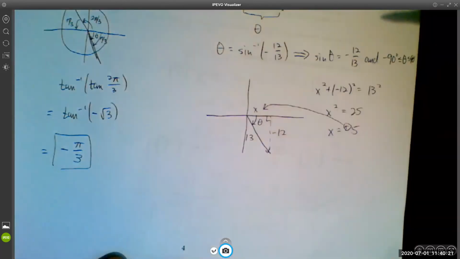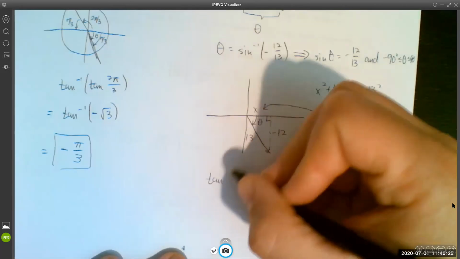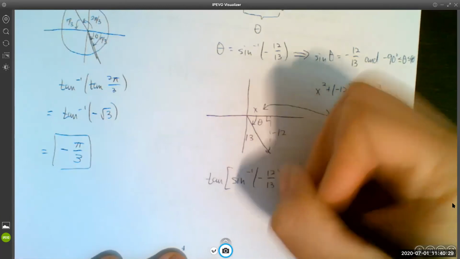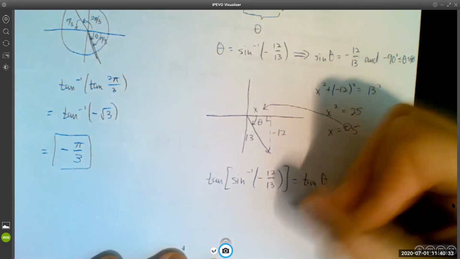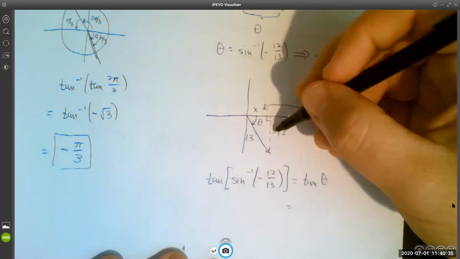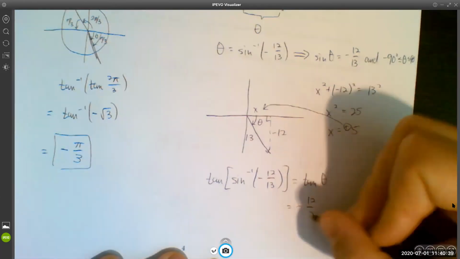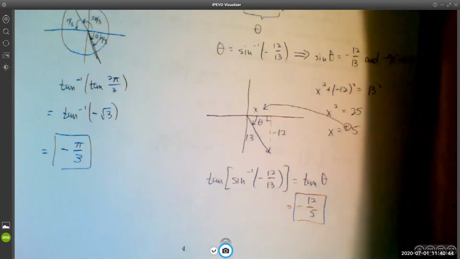So now I can figure out tangent pretty easily, right? Tangent of sine inverse of negative 12/13 is really the same thing as tangent theta. And tangent theta is opposite over adjacent, negative 12/5. Okay. And that's that one. That'll do it for this